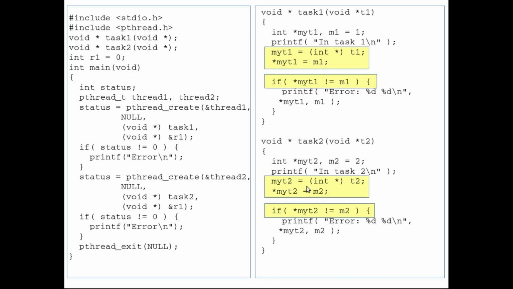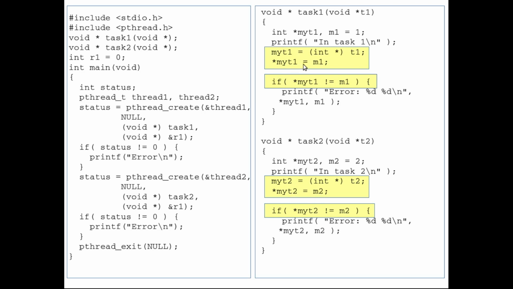But now we have two concurrent threads, thread 1 and thread 2. So it may happen that after thread 1 makes this assignment, and by the time it comes to the if statement, thread 2 stores the value 2 into the global variable.